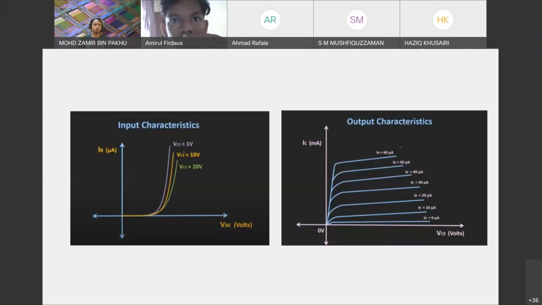In this input characteristic, the different IB and VBE curves are shown. As you look at the curve, it is similar to the forward characteristic of